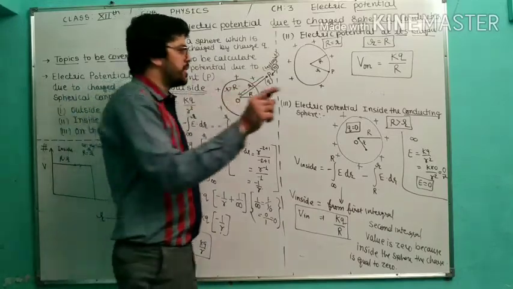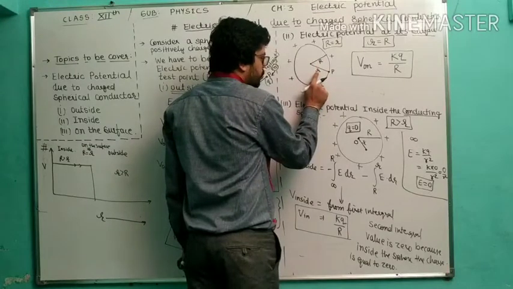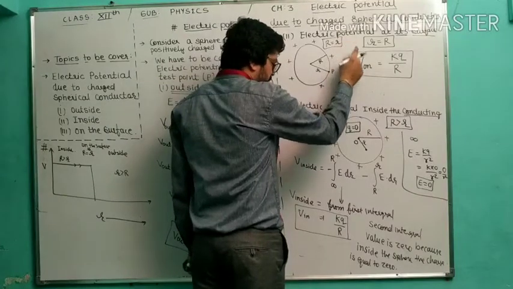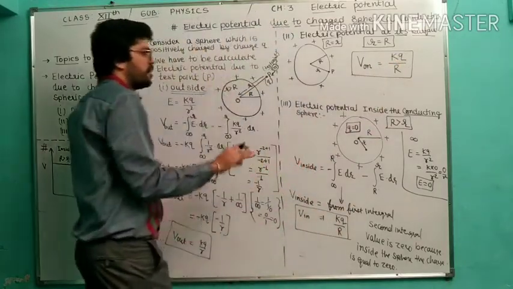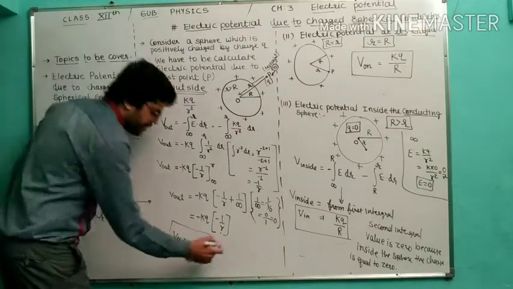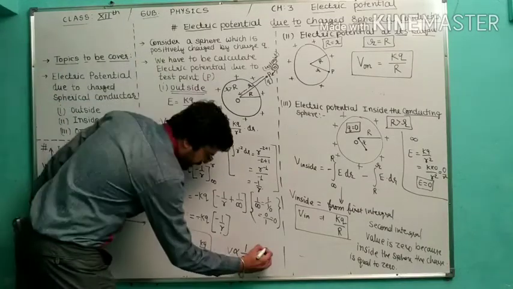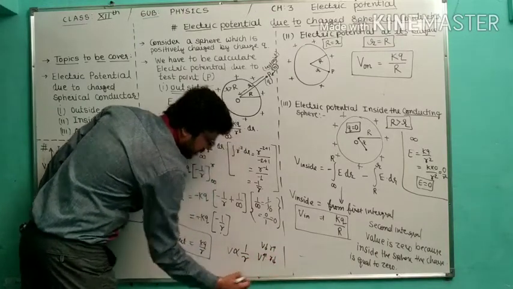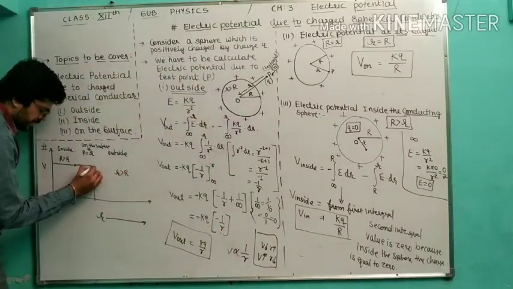The original sphere is not going to change because the radius of the original sphere remains constant. This is capital R. But what quantity is going to change? Small r is continuously changing. But inside and on the surface of this sphere, there is no change in the value of electric potential. It is only kq upon capital R. But outside it is going to change because V out is kq upon small r. The relation with small r is inversely proportional. Inversely proportional means if r increases, electric potential decreases. If r decreases, electric potential increases. So the graph will become a decreasing curve.